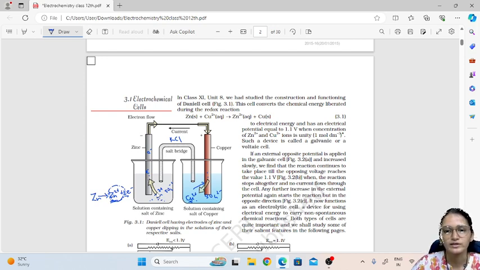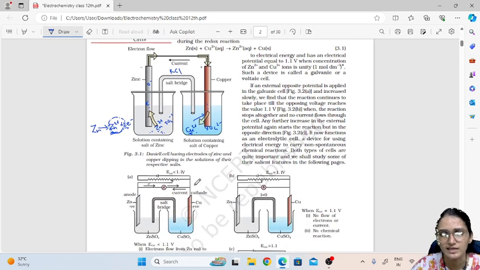Second and most important, the ions which were in excess in both the cases, in first it is zinc 2 plus, in second it was SO4 2 minus. So the ions which were in excess in both the cases will be neutralized by ions from this salt. So we have K plus and Cl minus. In the beaker in which there is an excess of negative charge, positive ion will go over there to neutralize it, and the side where there is excess of positive charge, negative ion will go there and neutralize it. So this is how the problem is solved.